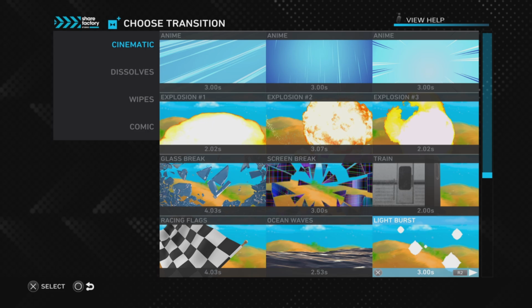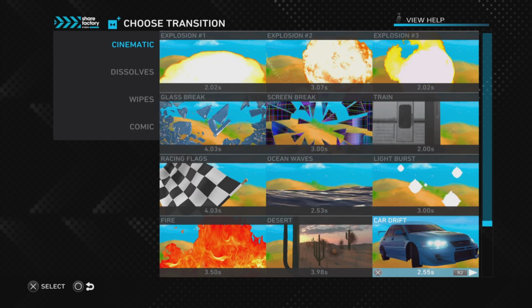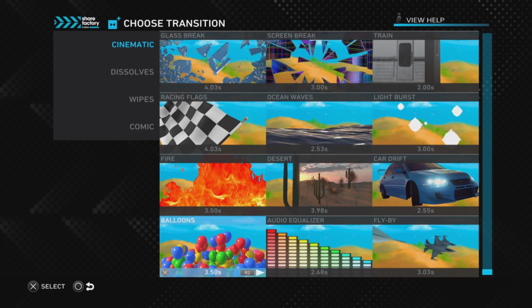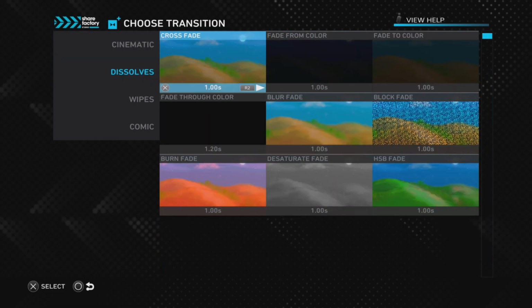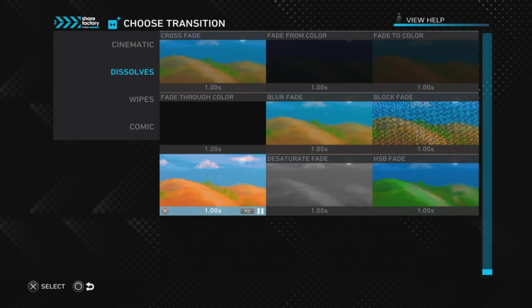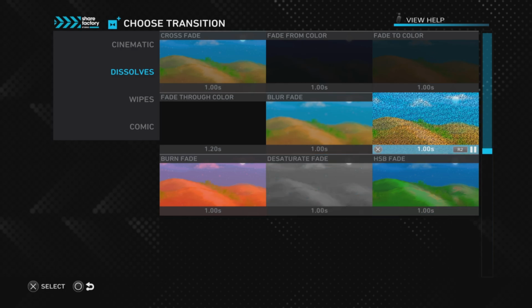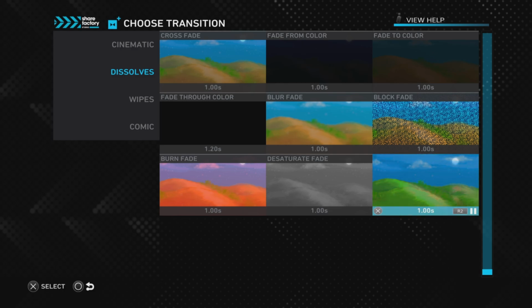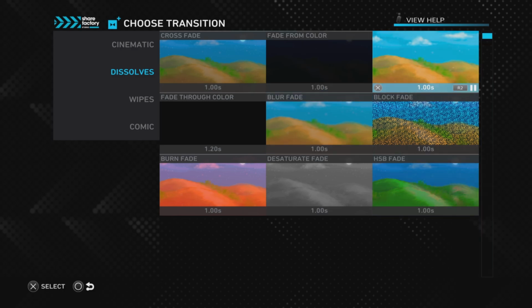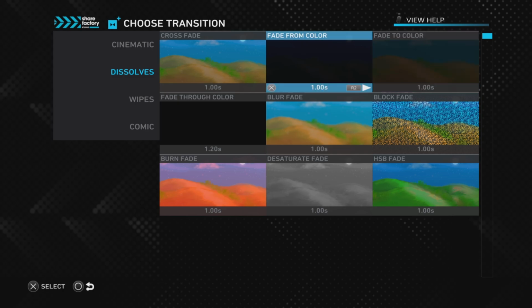And there's a bunch of different categories you can do when you're making a video. I'll show you guys here in a second. But you got all these different animations, and then here the dissolves. This is the one I just used, the burn fade. But I use this one when it's going to a flashback, because it gets dark. And you got this, got that one. But you got all these different ones right here.